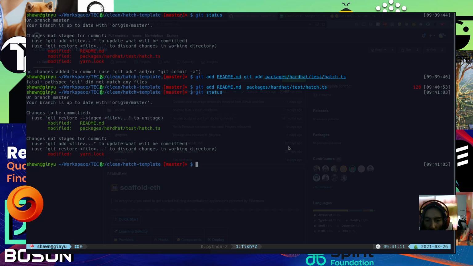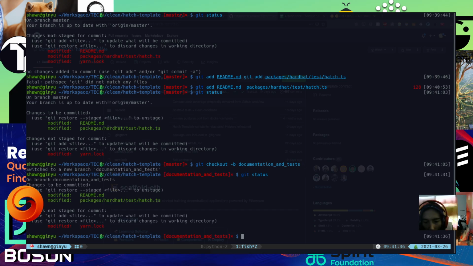But before I commit, I'm just going to check out a brand new branch so that we can make a pull request. So I'm going to go git checkout -b for branch, and we can call this documentation-and-tests. Good, now I can commit. We have our two files ready for commit, so I can say git commit and add a message,